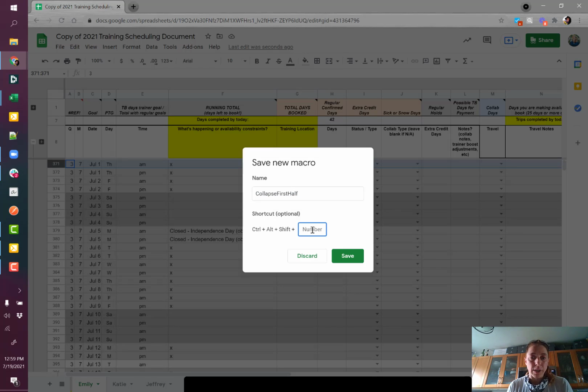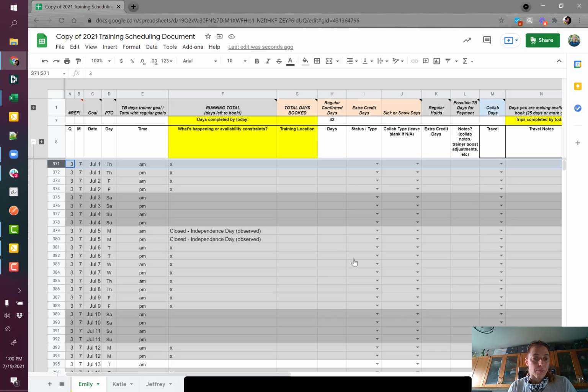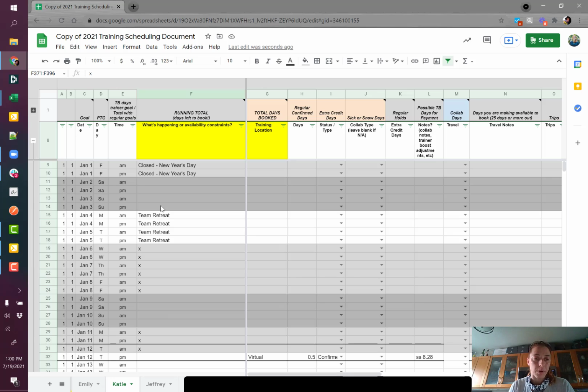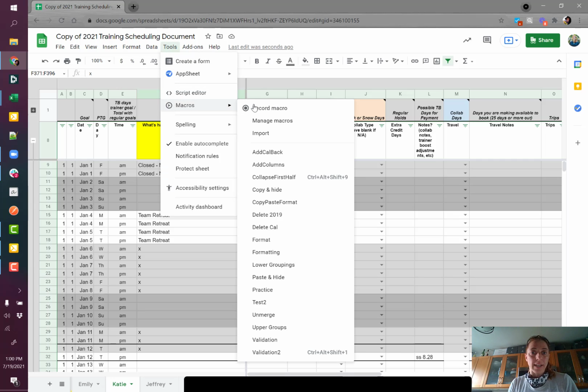And I can even have a shortcut for it. So I'm going to call it Control-Alt-Shift-9. Save. Great. If I had to go and do all of these steps on my next tab, highlight everything, group the rows, collapse them and all that, it could take a little while. And depending on the changes you need to make, if they're bigger, if there's a lot more, then it could take even longer. But instead, I can go back up to tools and I can run that macro, that collapse first half,